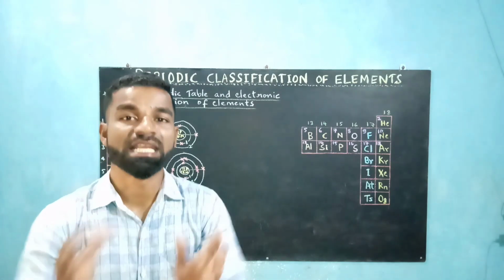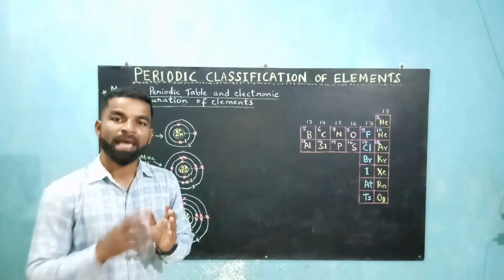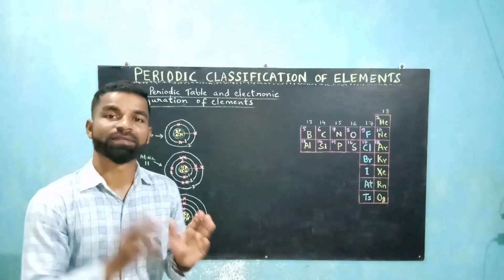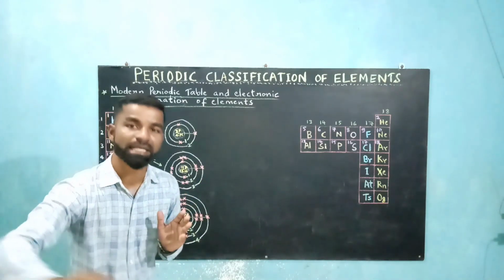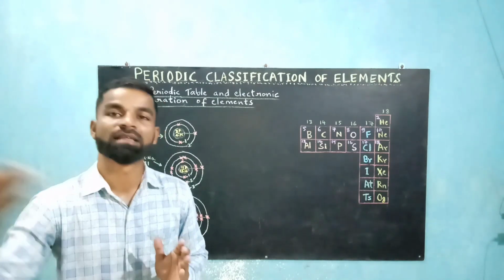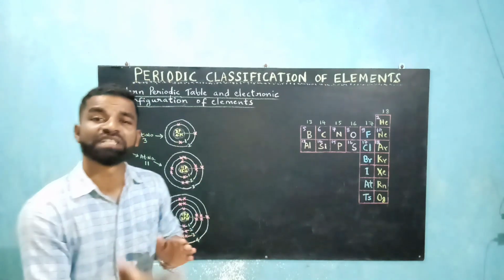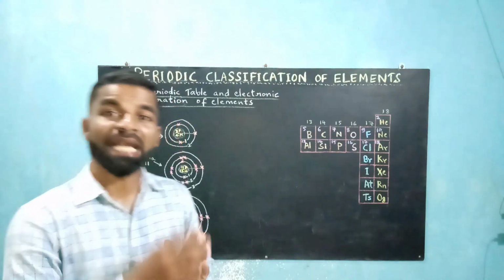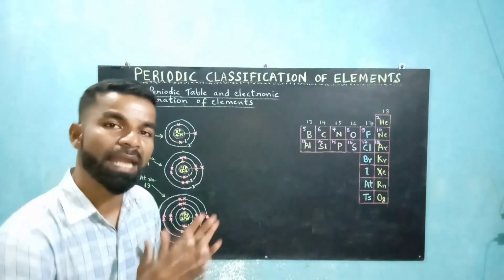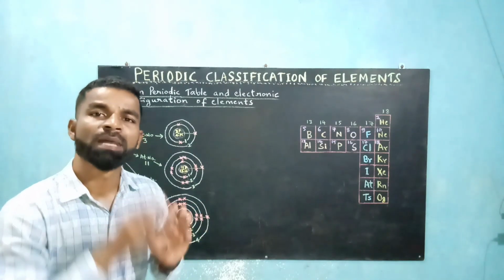So this is the first point: the valency of an element affects its chemical reactivity. Second point, as the number of shells goes on increasing, the distance of the valence shell from the center of the atom, the nucleus, goes on increasing. Therefore, the power of attraction from the nucleus towards the valence electrons goes on decreasing. As you go down the group, at every stage a shell is added. That increases the distance of the valence shell from the center of the atom, and because of this the attraction from the nucleus decreases.